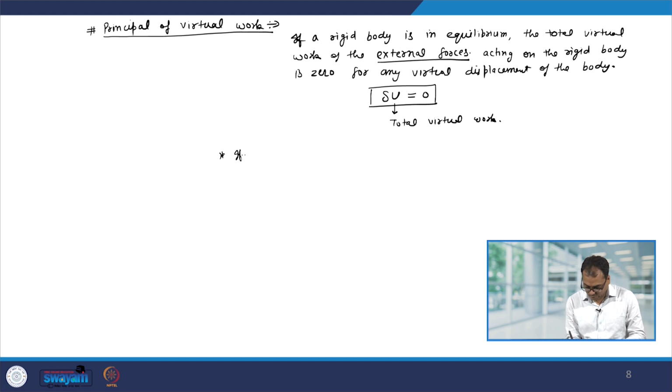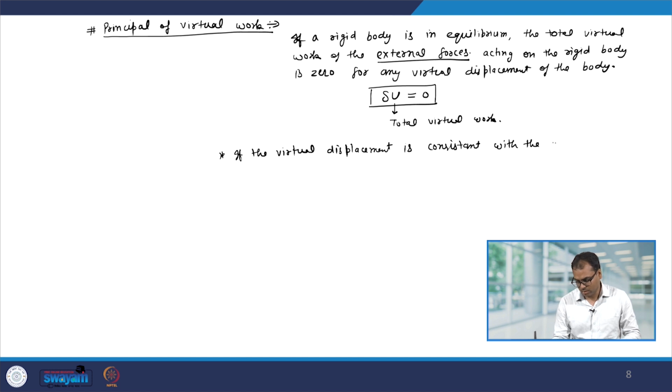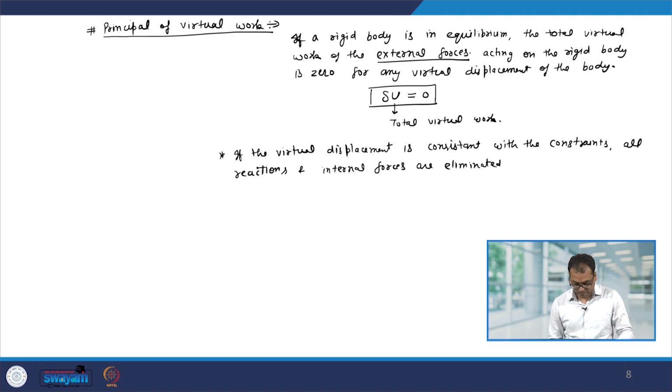Now, if the virtual displacement is consistent with the constraint, then all reaction and internal forces are eliminated. That means you do not need to consider them, and the reason is